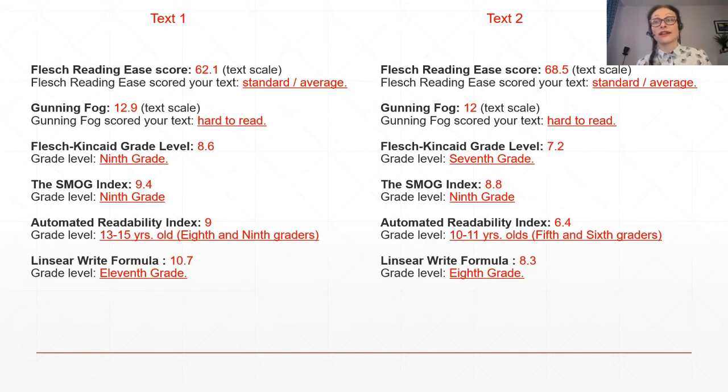So the factor that had the most impact on this score was the length of the sentences and the use of shorter words, of course. And it's less syllables for the Flesch-Kincaid and less characters for the ARI formula. And what is interesting, I also added one word mechanically, and the score went one grade up for most of the formulas. So it has such great impact, just one word. So you can see it can be deceived a bit.